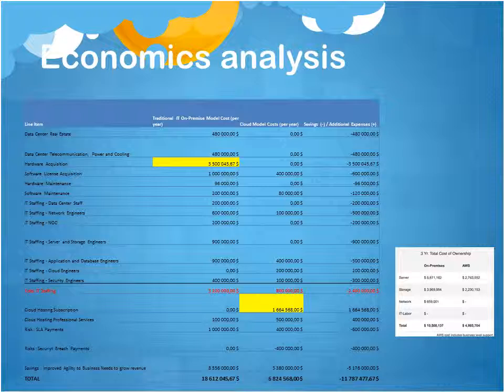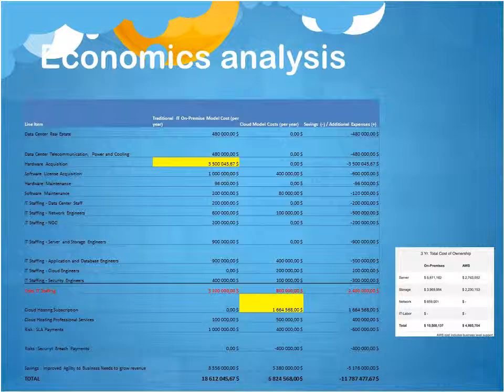There will also be some additional costs. However, we will see in this table that this analysis will bring us an opportunity to save money. Okay, so what do these tables depict? We have the lines here, the items. We have the data center cost, the real estate of the data center, because we own our data center. And to make the data center work, we need telecommunication, power, and cooling. Then we need to acquire hardware,